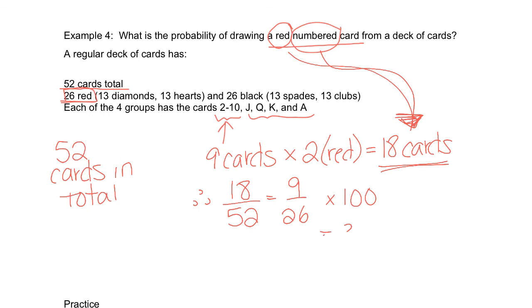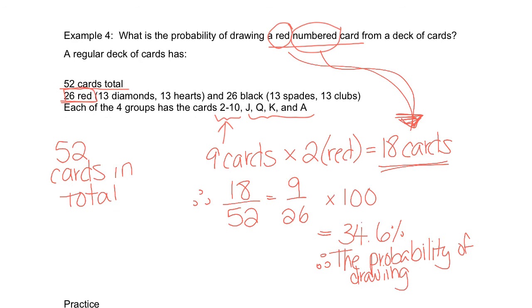So this is actually equal to 34.6%. So we would say, therefore, the probability of drawing a red numbered card